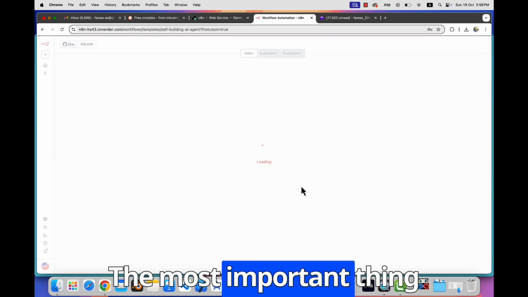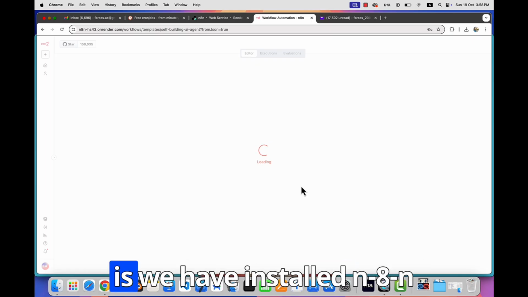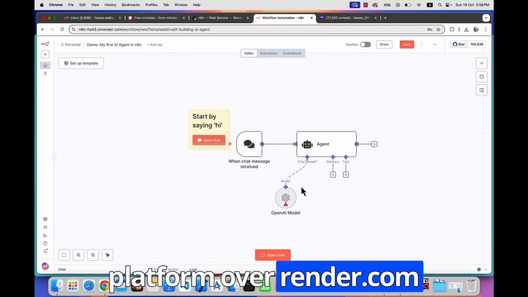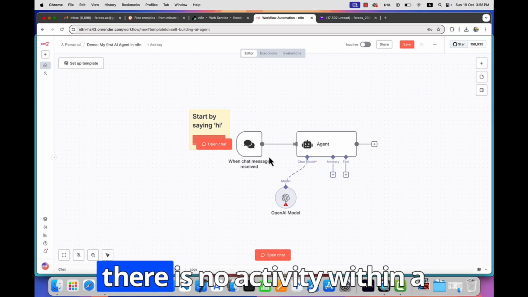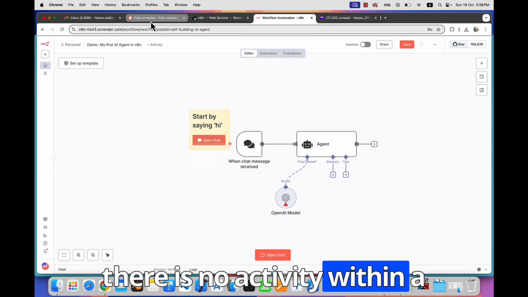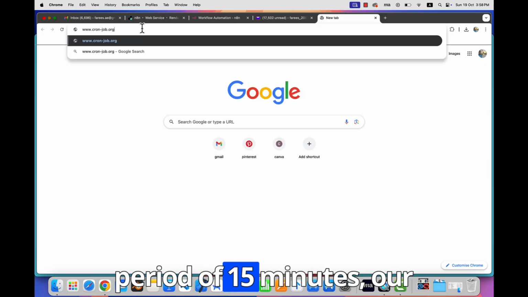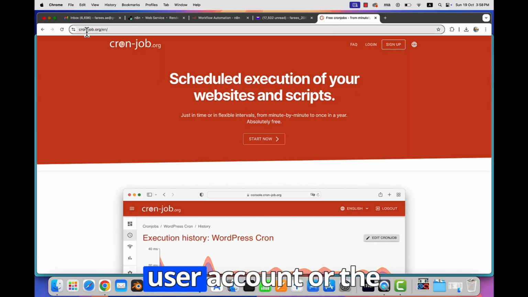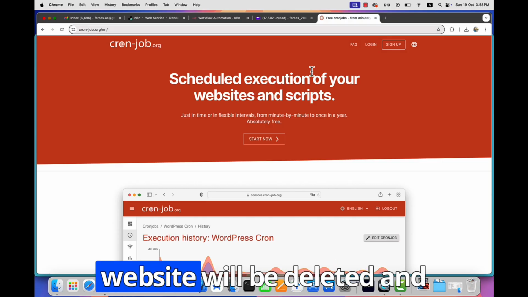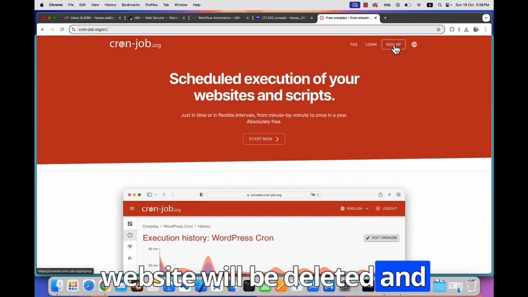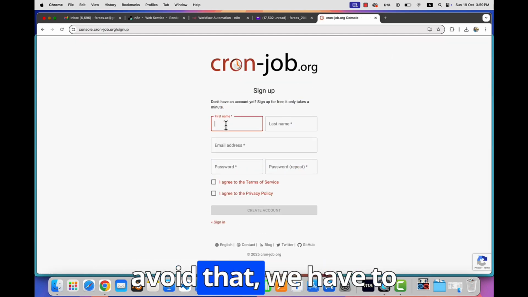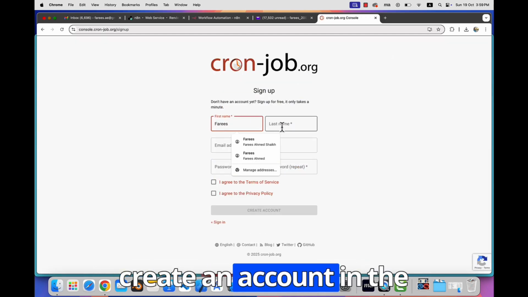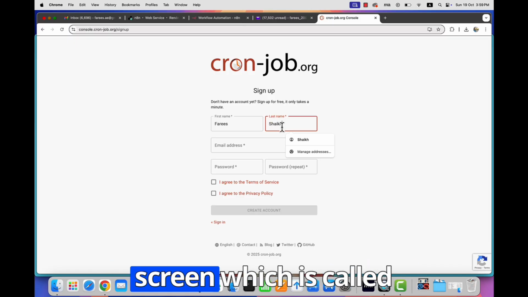The most important thing is, now what we have done is we have installed the n8n platform on render.com. But there is a catch: if there is no activity within a period of 15 minutes, our user account or the website will be deleted. The n8n platform will be deleted. So in order to avoid that, we have to create an account on the website shown on the screen, which is called